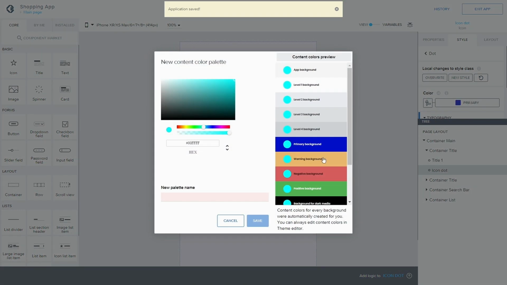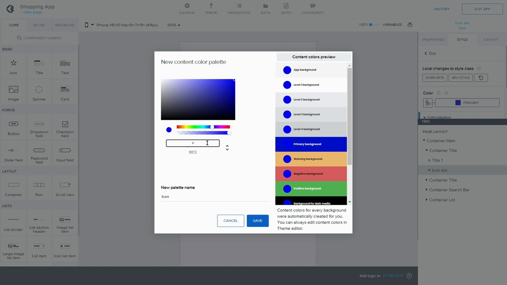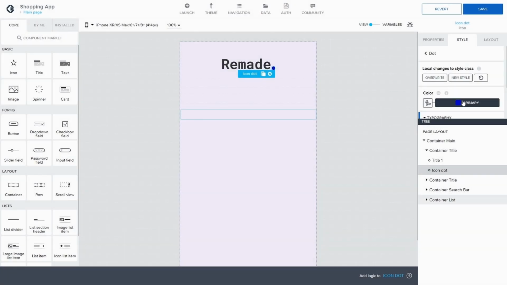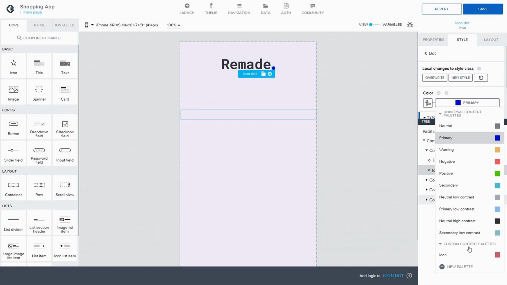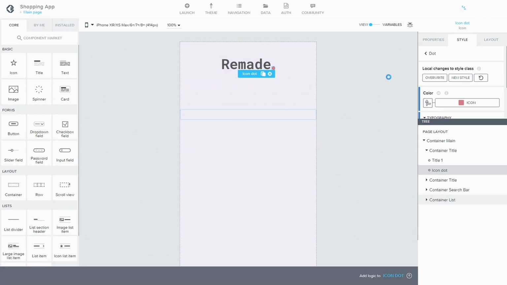We don't have the primary color, so that will be the icon, and that will be D2606F. Save that one. Now we have to select it from the custom one, and there we have it. So if I save this one now,